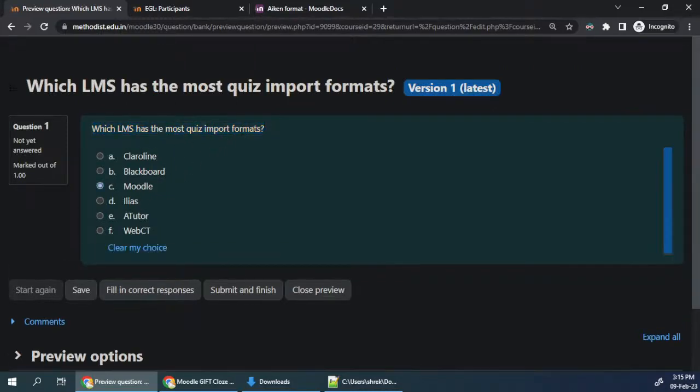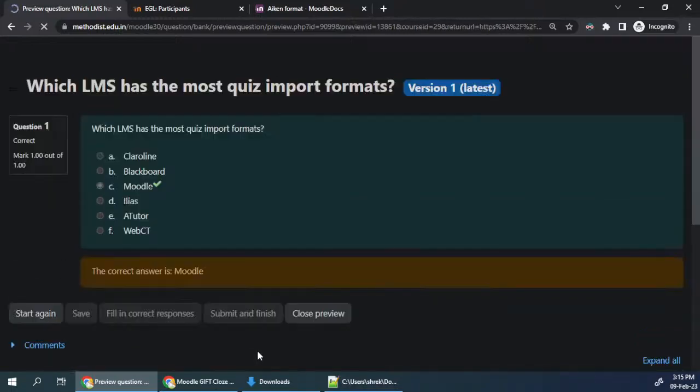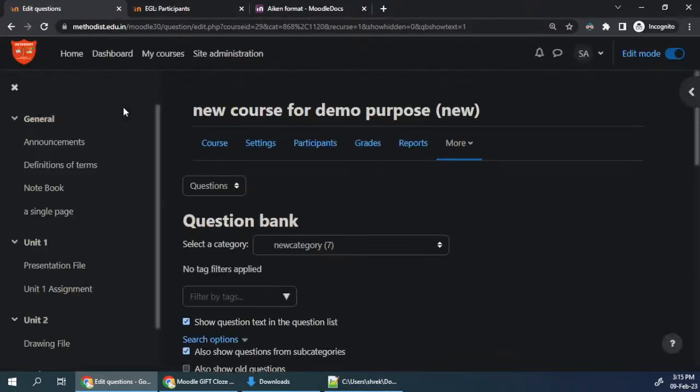Import format, so I think Moodle is the correct option. Let's say submit, and yes, our answer is correct. So this is the quickest and the simplest format in which questions can be imported. Okay, but there are other formats, and each of these formats has its own plus points as well as minus points. Okay, so let's close this and go back to the other question types